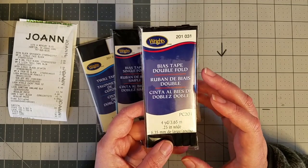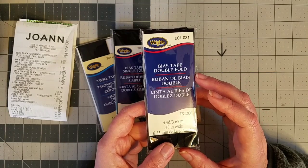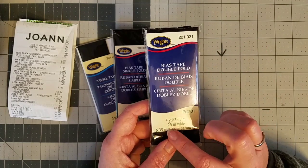Again, you could make your own bias tape. You could use yarn and things that you already have, or you could do the zigzag stitch or a satin stitch as well. So this one here is